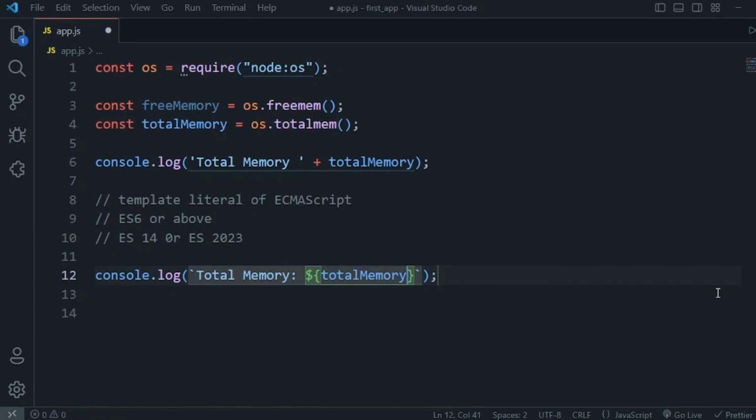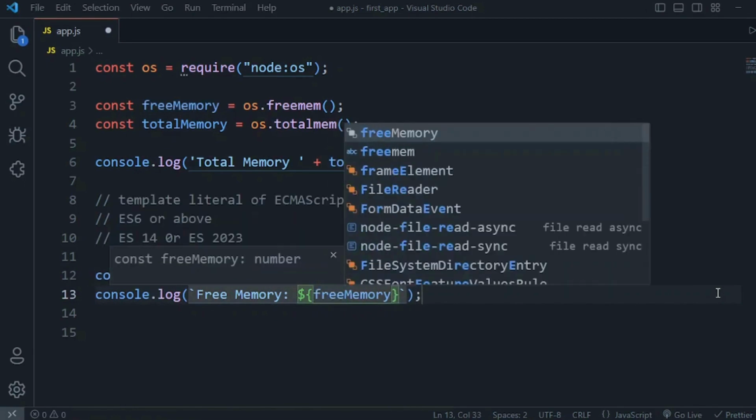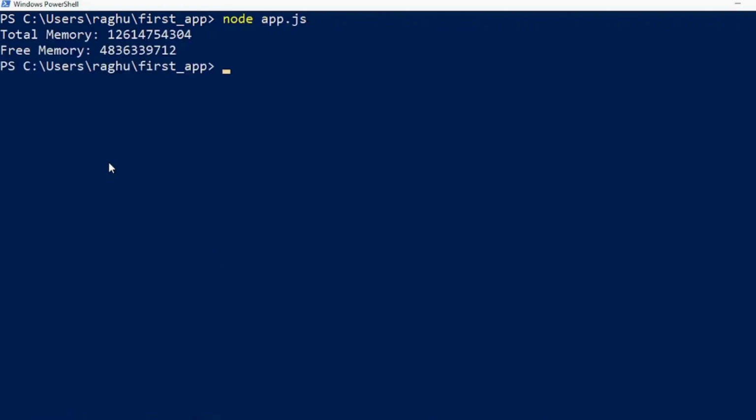So I'll just copy this and change the total memory to free memory. Here also I will change the variable to free memory. Now let's save it and quickly check on the terminal. Now here we don't need this first console, so I'll just comment this out, back to the terminal, and let's run the code. So node app.js, as you can see, you have the total memory and free memory of my